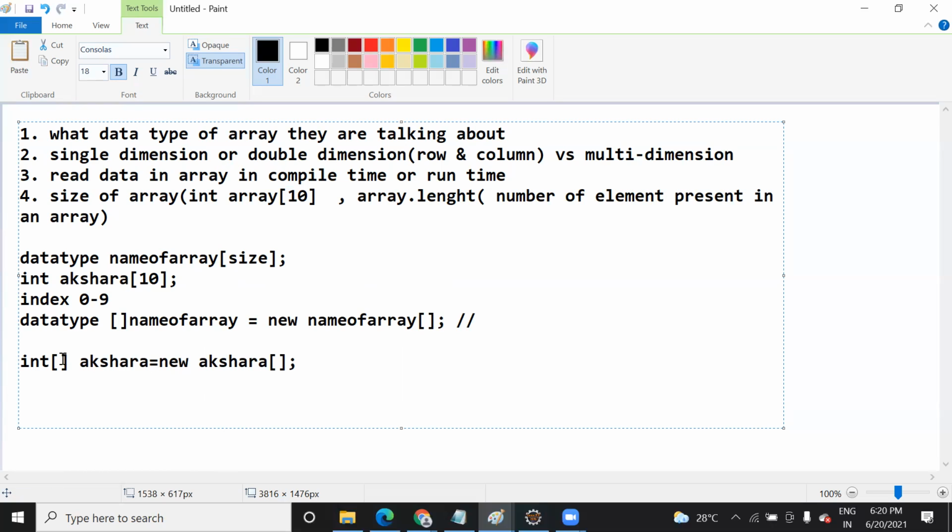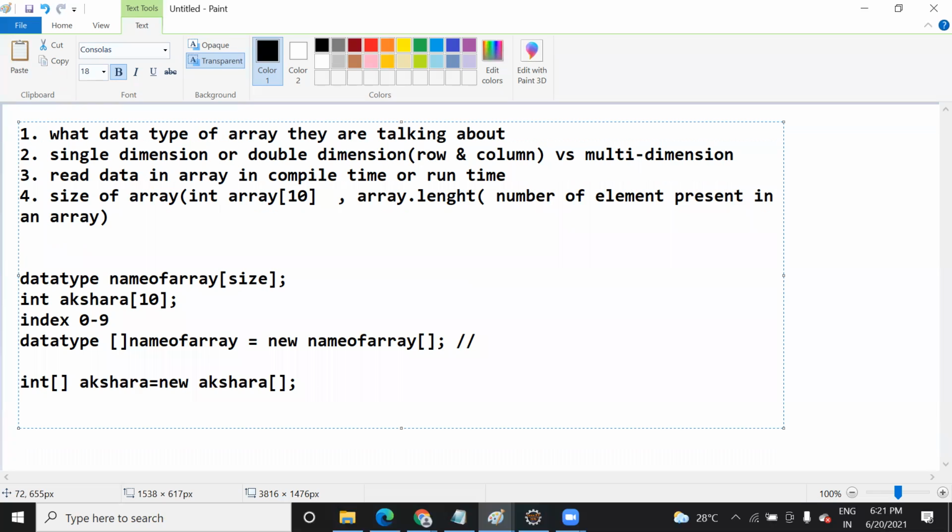Here you can write this square bracket before the name as well. The square bracket we call a subscript. This subscript you can write before and also after the name of the array, both are valid. Means you can write like this also.